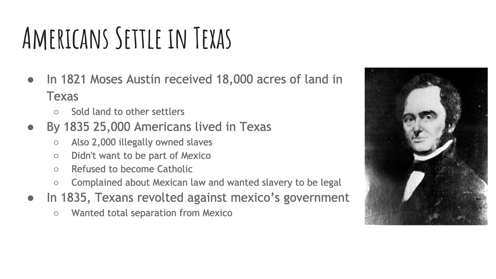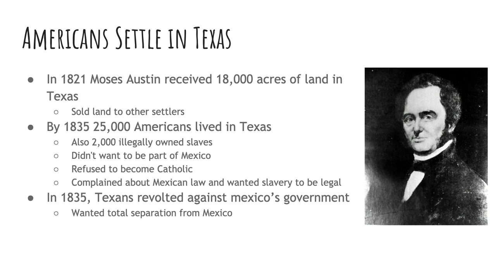These 25,000 Americans who lived in Texas didn't really want to be part of Mexico. They didn't have any ties with them. They didn't have any loyalty. And they also refused to become Catholic. They didn't want to change religions, and they complained about Mexican law. They wanted slavery to be legal. So